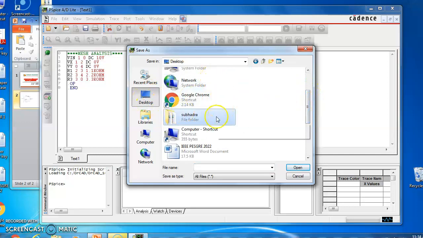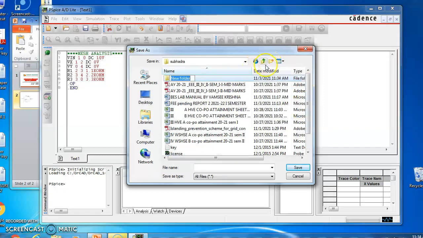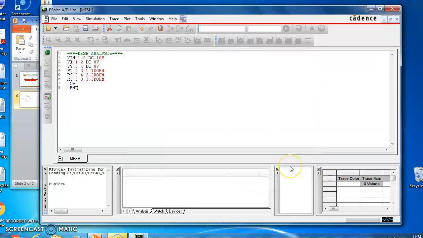Here I'm creating a separate folder and saving with the name mesh. Please concentrate here: I'm using the extension as circuit file. You can observe the change: text one is changed to mesh.